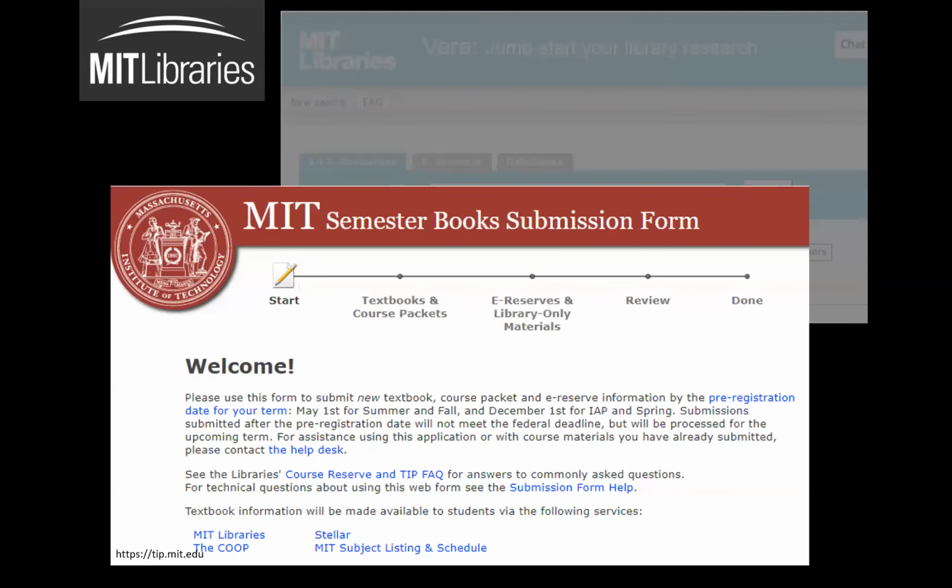I'd also been a testing subject when MIT was rolling out a web app for textbook and course reserve submissions. And from the user perspective, I came to understand that usability testing could be a great way to build enthusiasm for a product. Or alternately, if you build something that's kind of crappy, people may already have that preconceived notion, oh no, this isn't going to work for me. I'm not going to bother using this when it goes live.